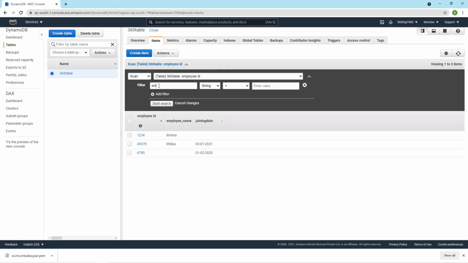Say employee ID itself, string. If employee ID is equal to 6785, right? So you can add other things also, joining date. So two types of get methods, scan and query.